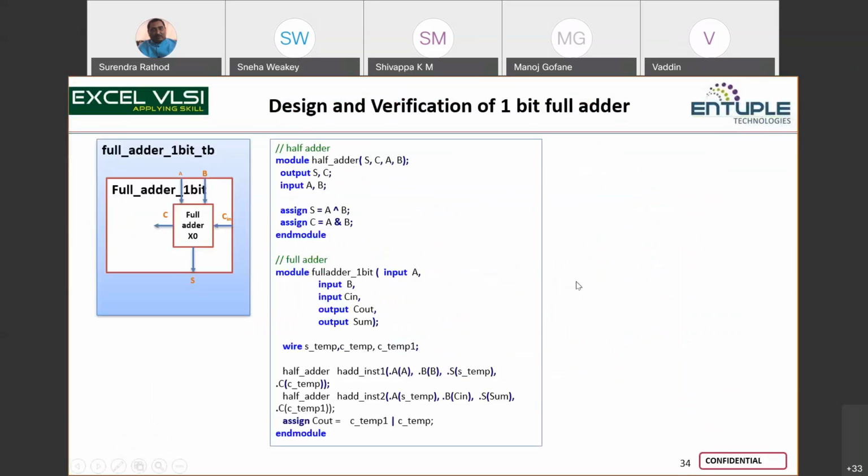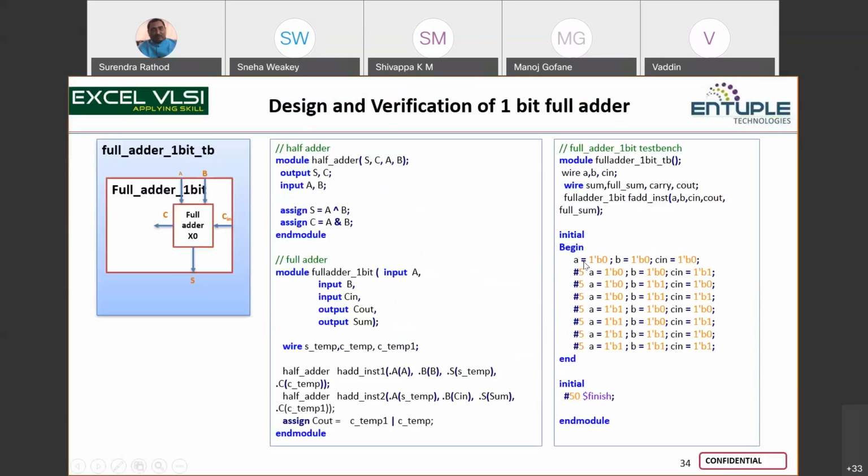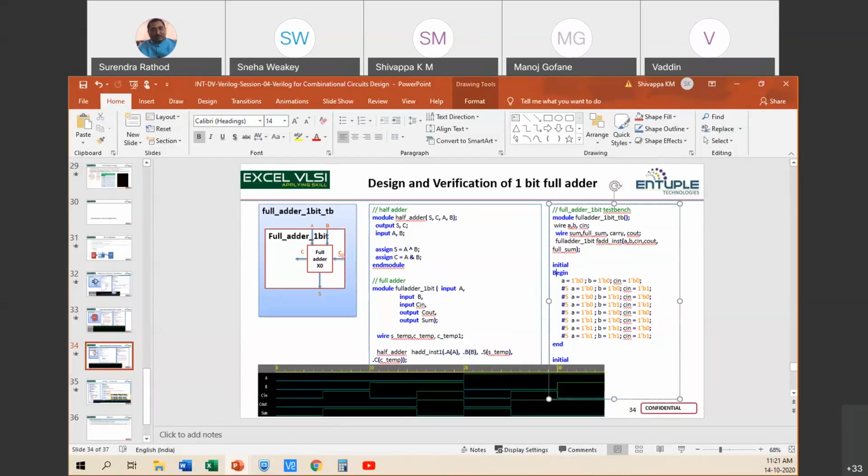So we simulate all this. Hopefully, you're understanding this code. All that here is the combinatorial. There is nothing in this one. So how you write, and also you might have observed everywhere I am using blocking or non-blocking here